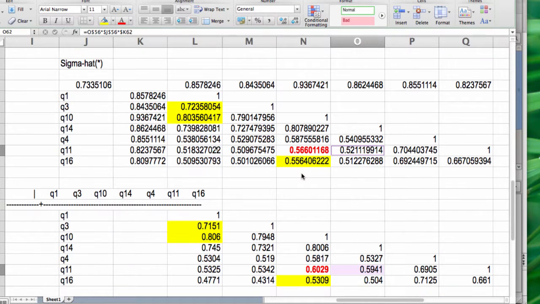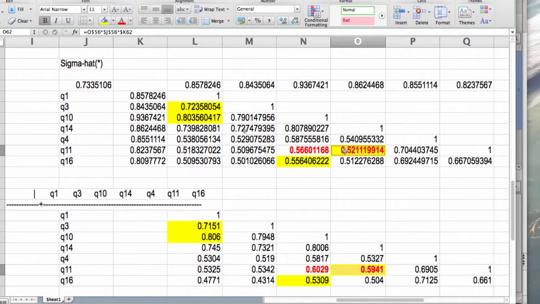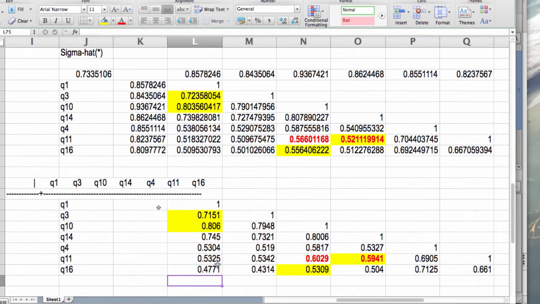Okay. Now the problem is interpreting these is tricky because the covariance matrix captures not just the correlation but also the magnitudes that it's estimated. So in this case, this one looks to be the worst, doesn't it? Look at these values. This estimates 0.52 of a correlation between 11 and 14. And this one estimates it to be 0.59. They do look to be off by the same magnitude, actually. So let's do this. Let's check the